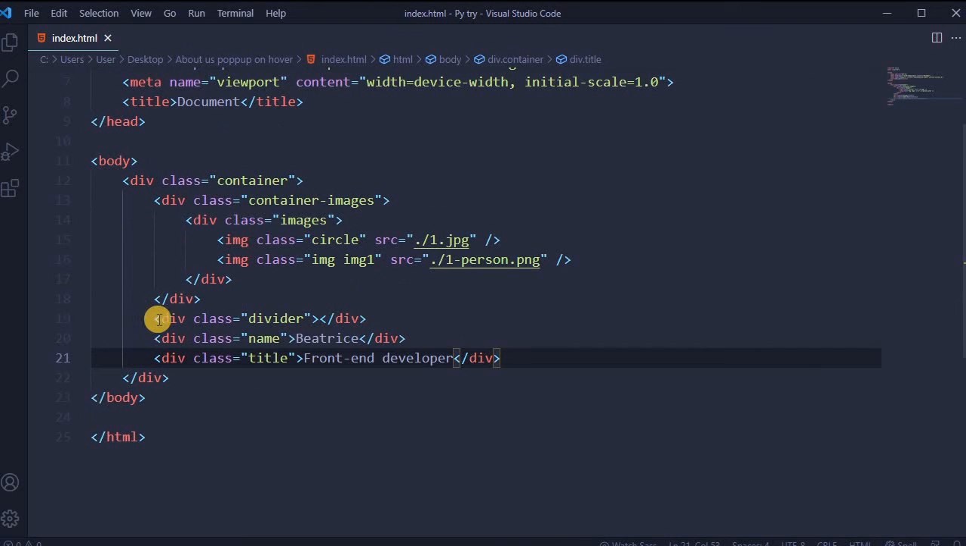Add another 3 divs. The first one has class divider, the second one has class name and the name of the person, and the third one has class title and the position that person occupies in the company. So in this case, the name is Beatrice, which is a randomly selected name, and the title is front-end developer, which is